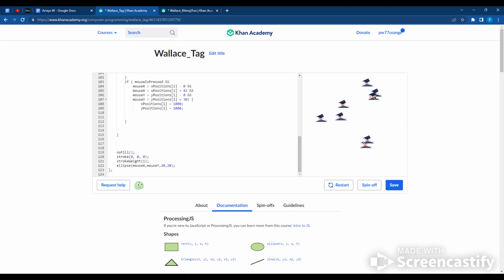It's kind of weird because the circle isn't exactly where the mouse is, but when you click